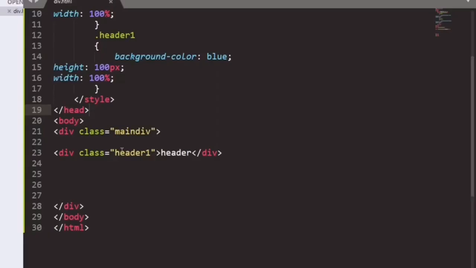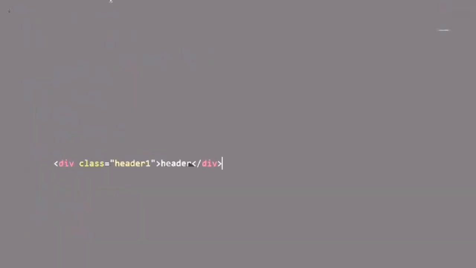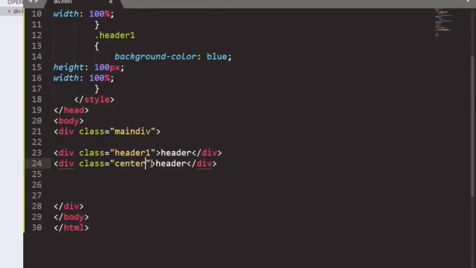So we can see the header div being created in the above line. After that, I am creating a new div that is being classified as center. So here I will write the value that is center, and now I will call the value.